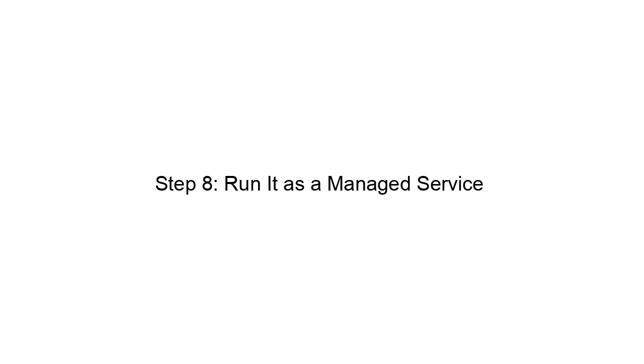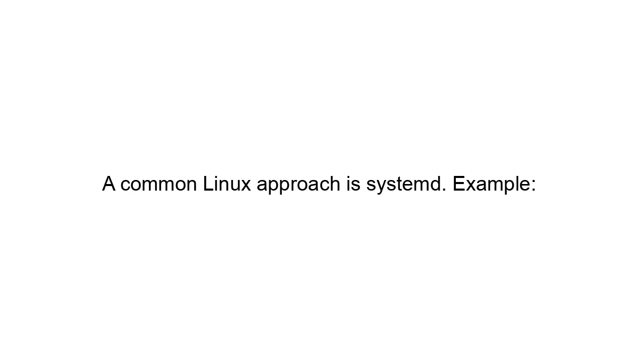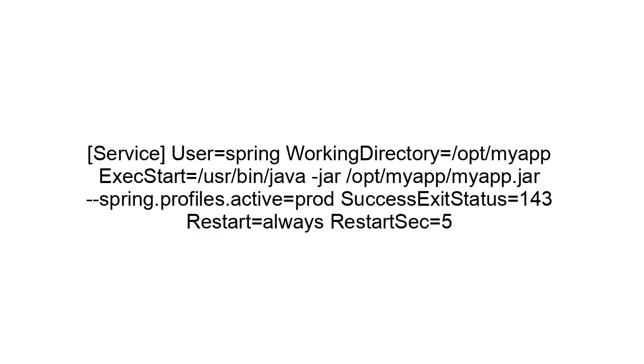Step 8. Run it as a managed service. In production, you usually should not start the jar in a random terminal window. Instead, run it under a process manager or service manager so it can restart automatically and start on boot. A common Linux approach is systemd. Example: Unit, Description=My Spring Boot app, After=network.target. Service, User=spring, WorkingDirectory=/opt/myapp, ExecStart=/usr/bin/java